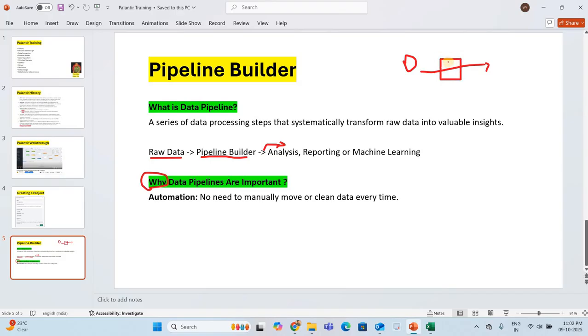What pipeline builder will do is clean the data and give the output as processed data. Once we have made the system, it works, and no human effort or very little human effort is needed. Okay, so this is the theory on pipeline builder. In one go I am making a video.